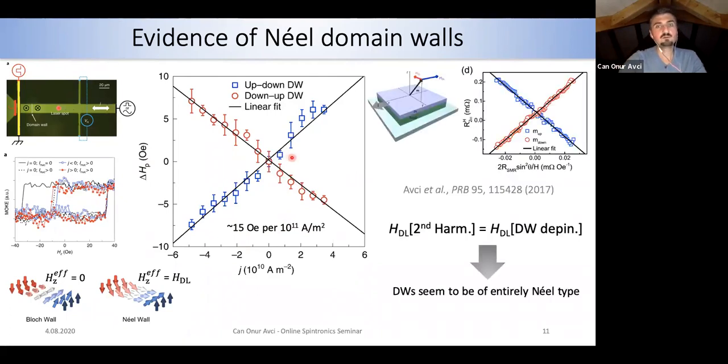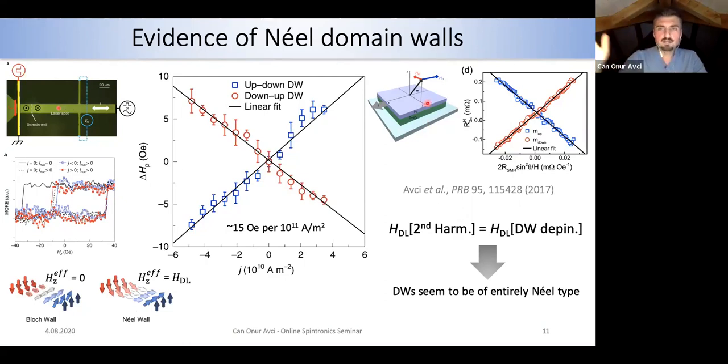I know that now I can quantify the damping-like torque by using a harmonic Hall effect technique. I'm not explaining the harmonic Hall effect technique, but maybe some of you know. It's a standard method to quantify spin-orbit torques in metallic ferromagnetic heterostructures, and it became also useful even in insulator systems, because the signals that we observe are very similar to the metallic case. So you have anomalous Hall effect-like signal, you have planar Hall effect-like signal.